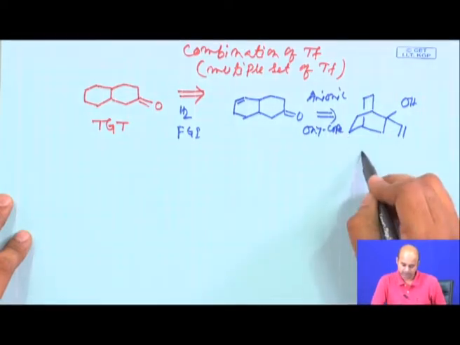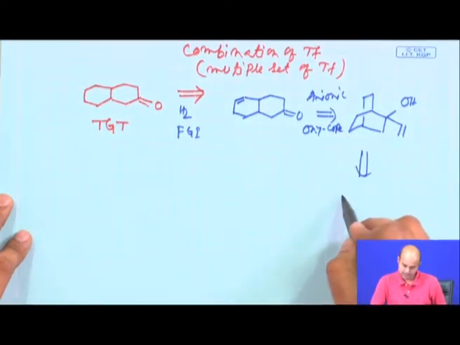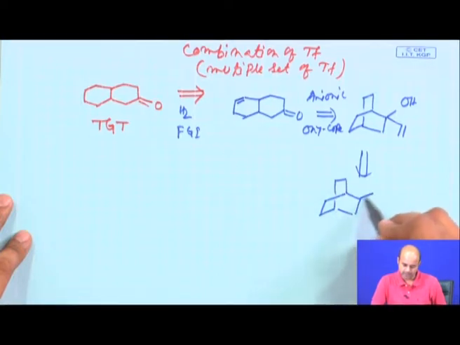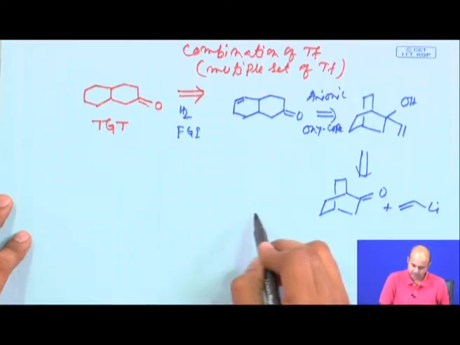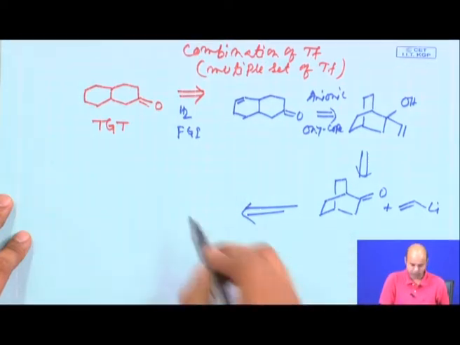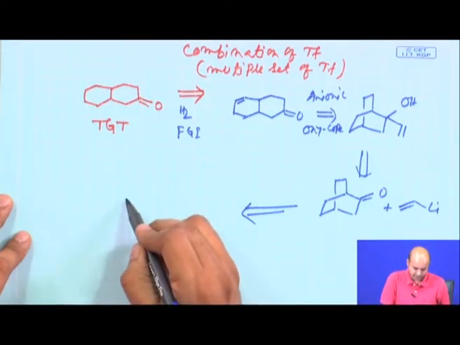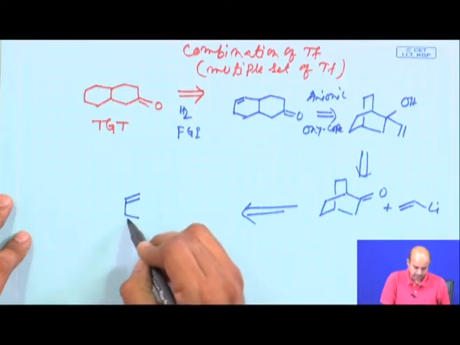Fine. Next we go back, we said that this compound can easily be prepared by this reaction, this vinyl lithium is commercially available. This bicyclic ketone we said can be prepared by